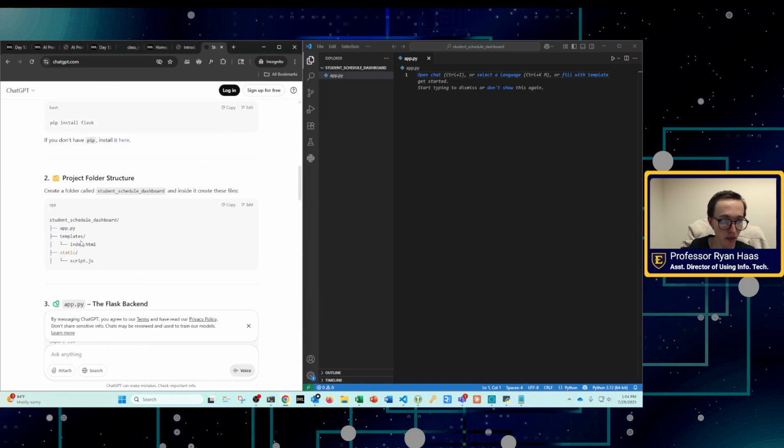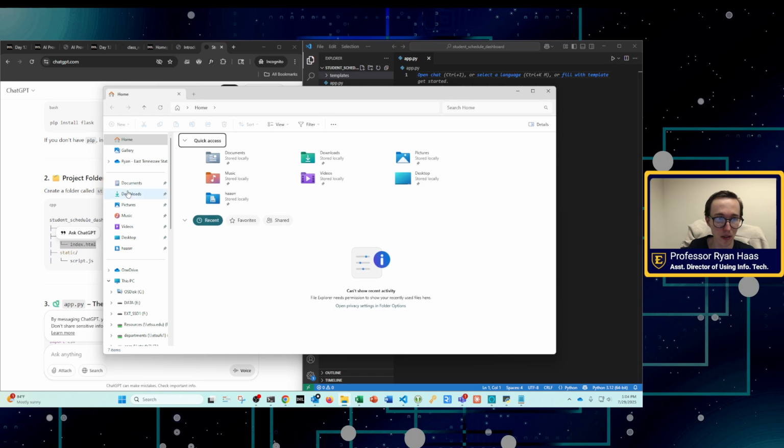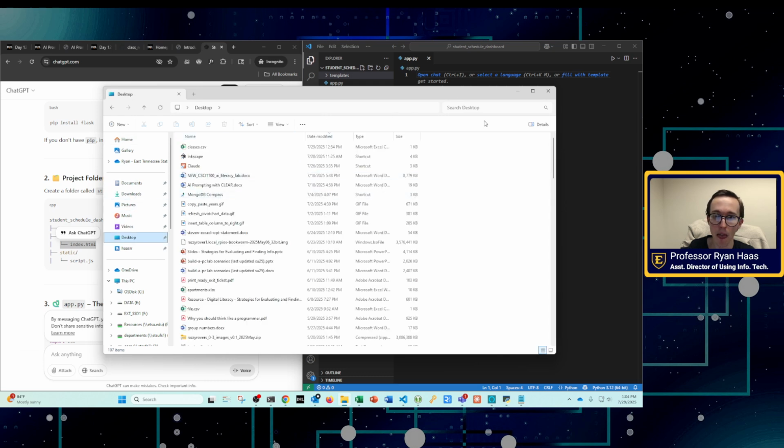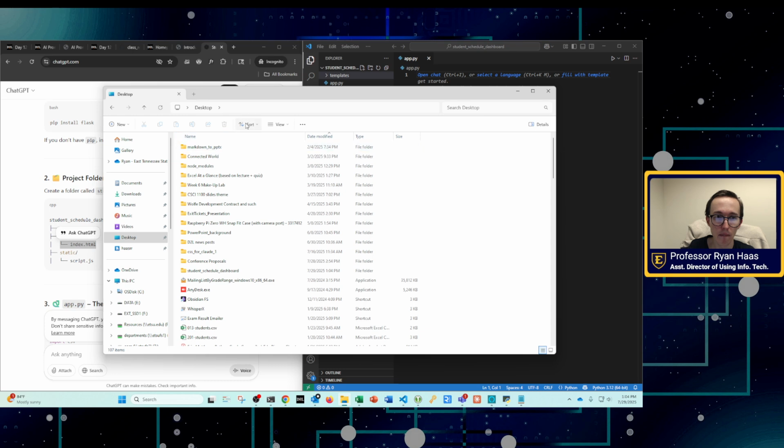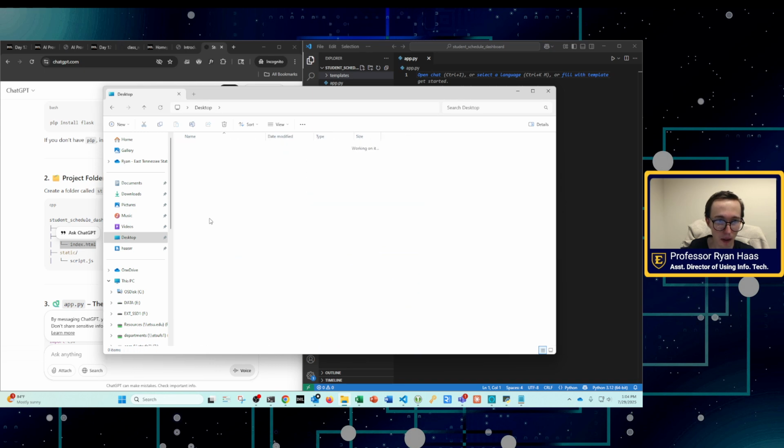Then it says create this folder named templates. And this is where our HTML, our web pages go. So I'm going to then right click on this. So this is another folder. So now if I look in here, where's my folder at?